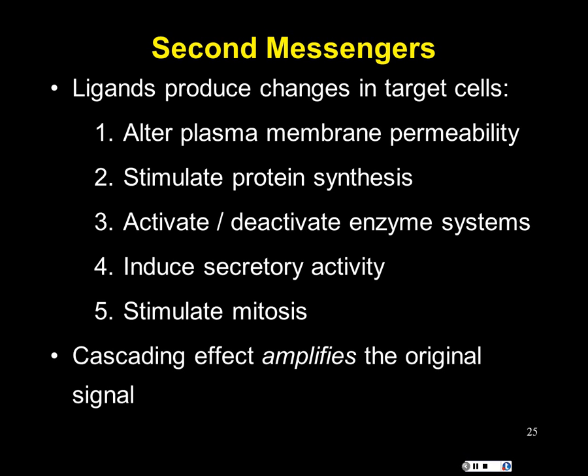The point is, the cascading effect of intracellular events is going to cause an amplification in response. That means one initial messenger may cause not the production of a single protein, but what? Multiple, or hundreds, or thousands. So instead of 1 to 1, we have 1 to thousands or billions or however many the pathway activates. So it's regulated, but the point is we're going to get a big-time response by the target cell by utilizing a second messenger system.